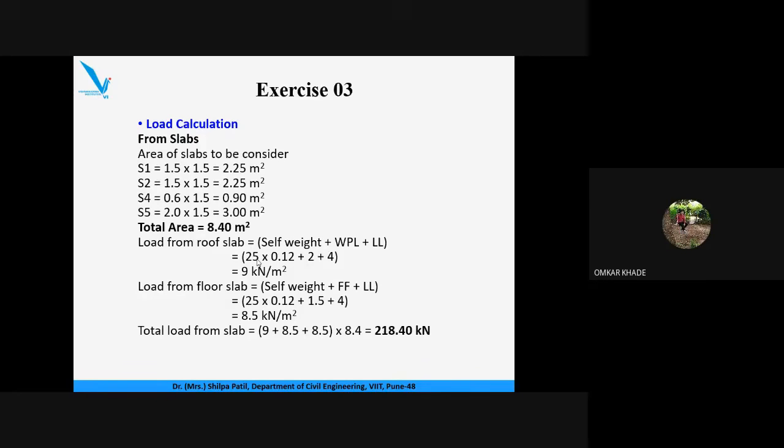And also, waterproofing load is only taken on the roof. So the design will be different for slabs at roof and slab at floor level. Because on the terrace, you normally do not provide tiles. Ceramic tiles and marble tiles, whatever tiles you provide inside your rooms, similar type of tiles are not there on the roof. So there we have to consider only the waterproofing load, or what is called as COBA.